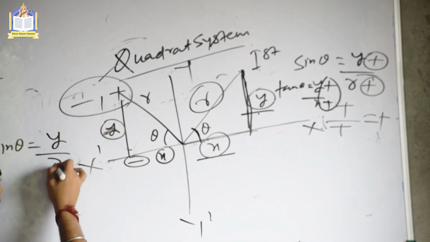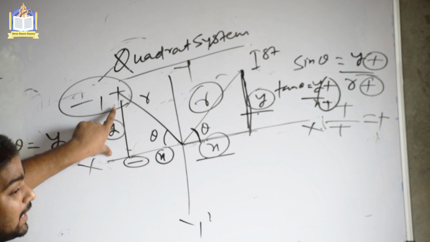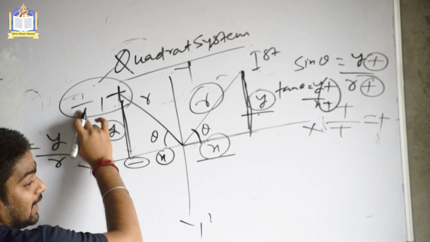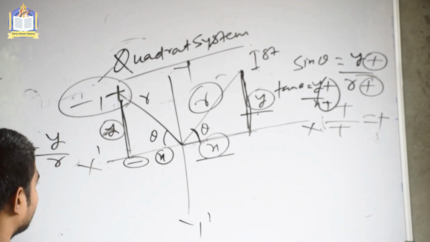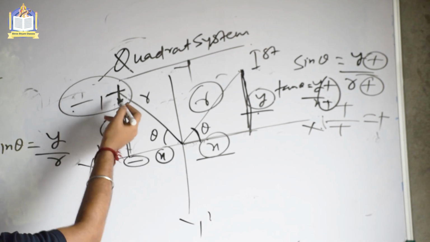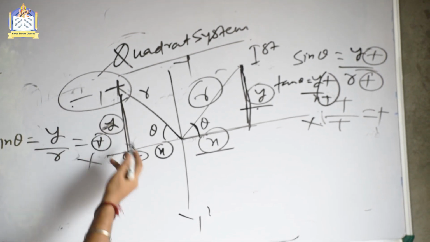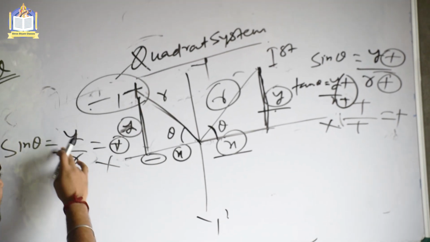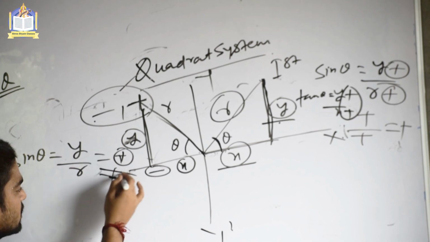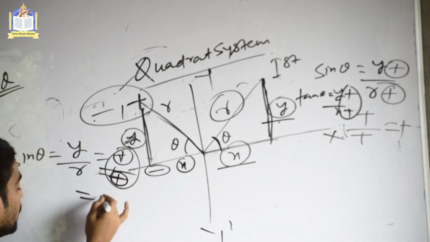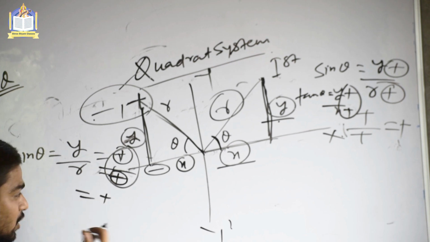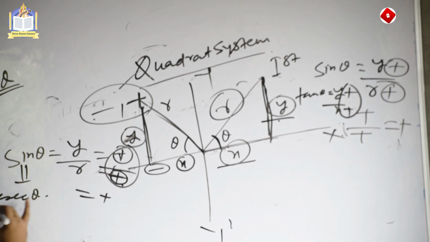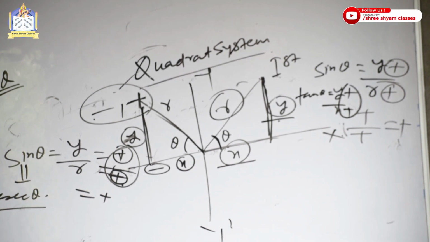P by h. You can see y here is positive. In the second quadrant x is negative and y is positive. We very well know that; in class 10 we have read that in the second quadrant it is negative, positive. So y is positive, and r corresponds to the radius, which can never be negative. So y is positive and r is also positive, and positive by positive gives a positive result. So in the second quadrant sin theta is positive, and the reciprocal of sin theta is cosec theta, therefore cosec theta is also positive.